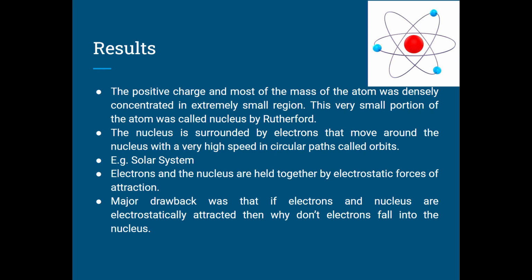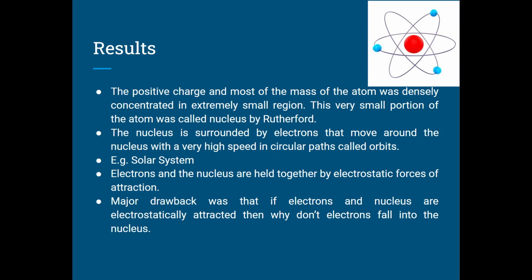Now this again came with a major drawback. When we talk about planets revolving around the sun, we are talking about macro species. They are very high in mass. Their mass is very large, right? Also, they do not have any kind of charge on them. So they can revolve; there are centripetal forces, right? But when we talk about micro species like electrons and the nucleus, they are charged species, and there are attractive forces